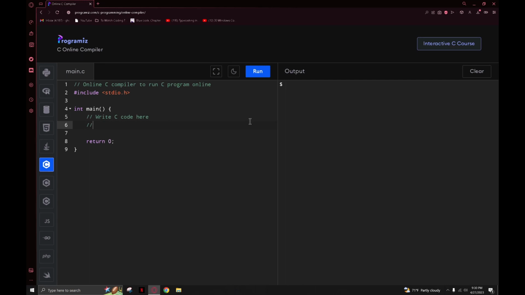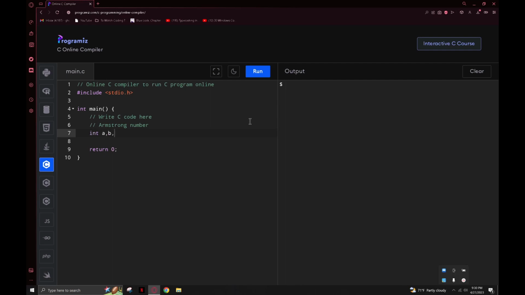Today we'll be having a tutorial for printing Armstrong number. So let's just get into it. To print the Armstrong number, first you'll have to make five variables: C, D, E. Do C equals to 0. I'll explain why later. So now printf,